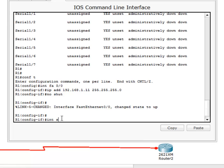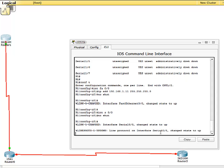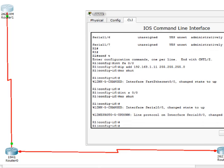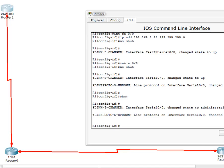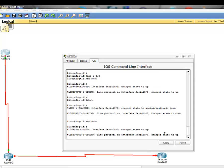That'll be serial. You notice how the line came alive? Watch. And it says change state to up. Line protocol changed state to up. Likewise, if I go shut, watch the line. See, it goes down. No shut. Okay. And because it's now talking and the protocol is up,